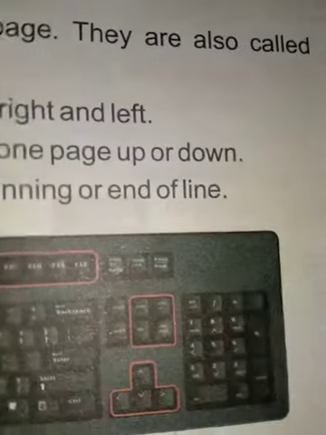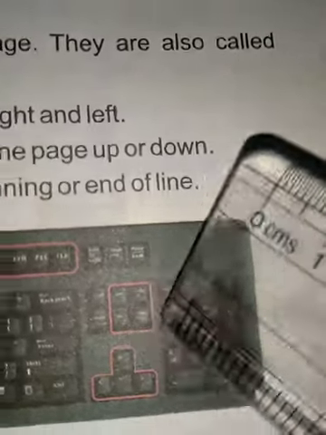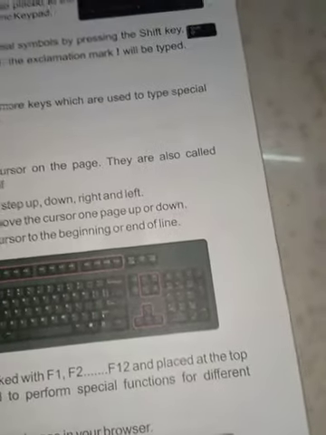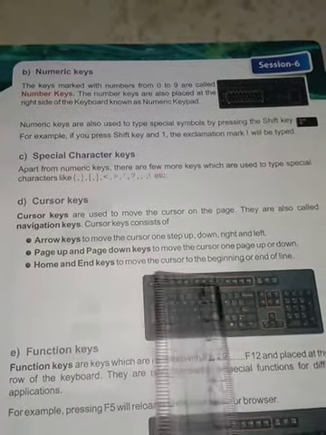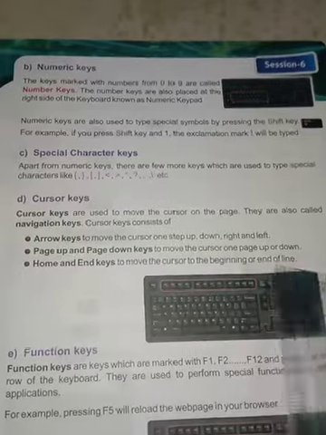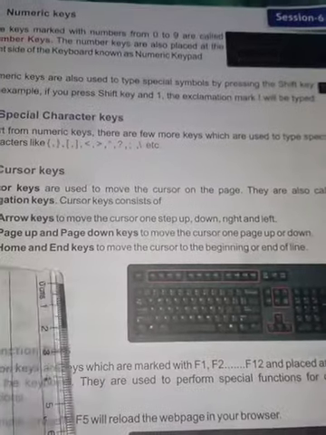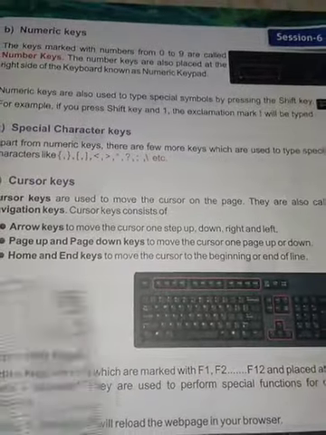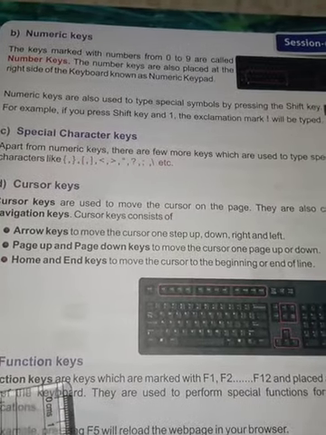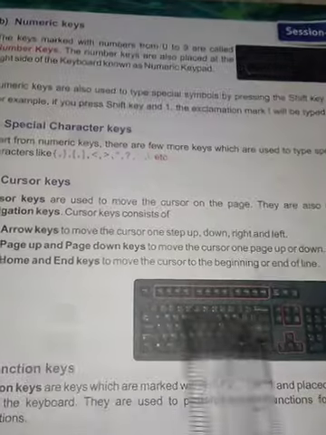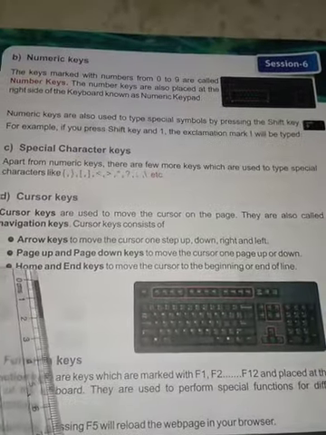Next, page up, page down keys to move the cursor one page up or down. So here you have the page up, page down buttons that are used for moving one page up or down. Home and end keys move the cursor to the beginning or ending of the line or the file on the page, the first line of your page or the ending line of the page. The buttons used are home and end keys.